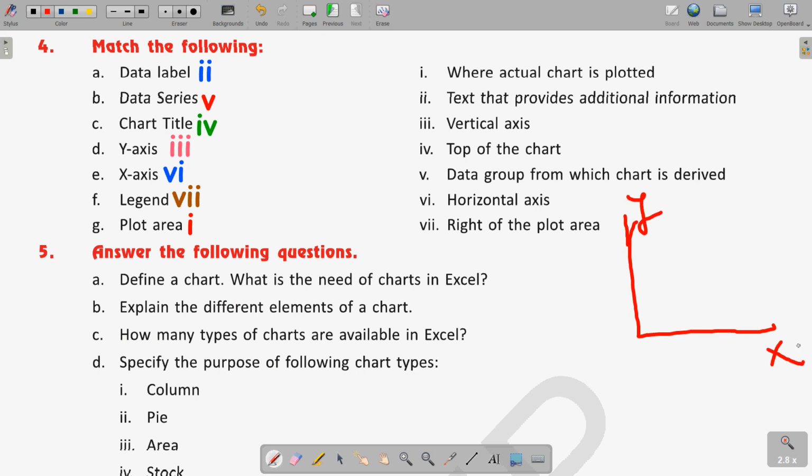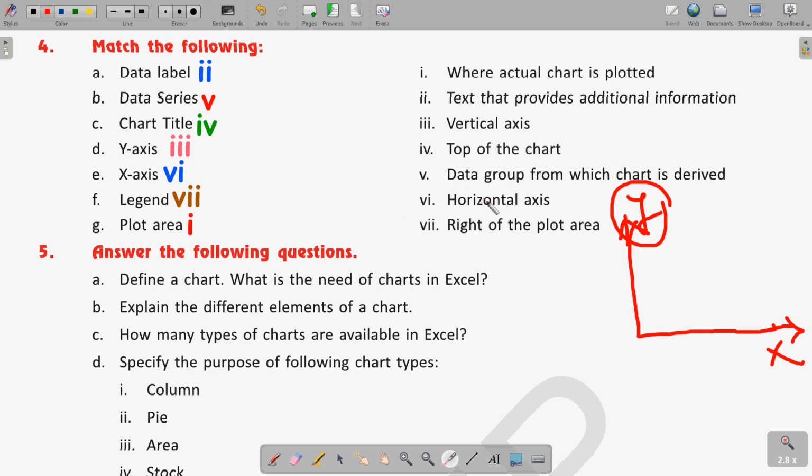So x-axis is the horizontal axis and y-axis is the vertical axis. Clear? The same we are talking about. So here question D is y-axis. So D should be matched with the vertical axis. Clear? Here you can see that y-axis is the vertical axis. Then E is the x-axis. So x-axis can be matched with statement 6, that is the horizontal axis.